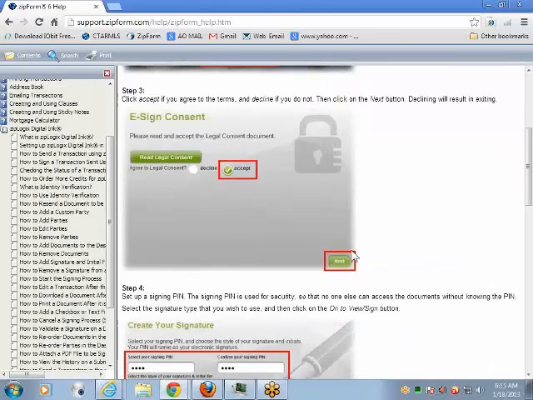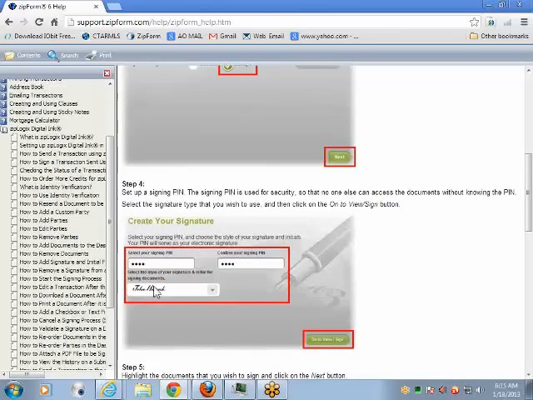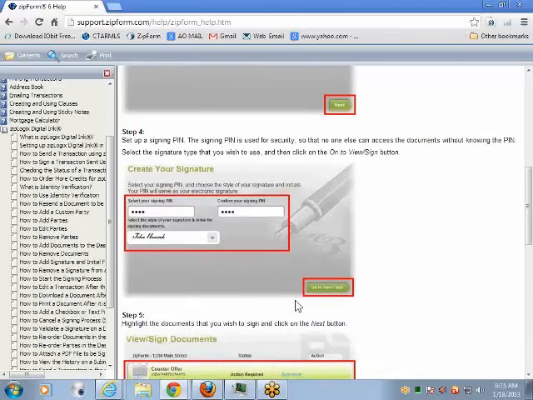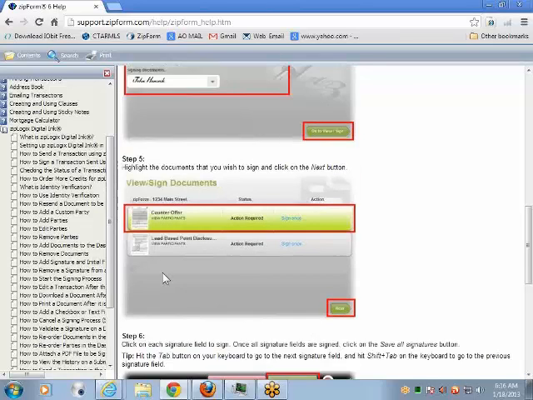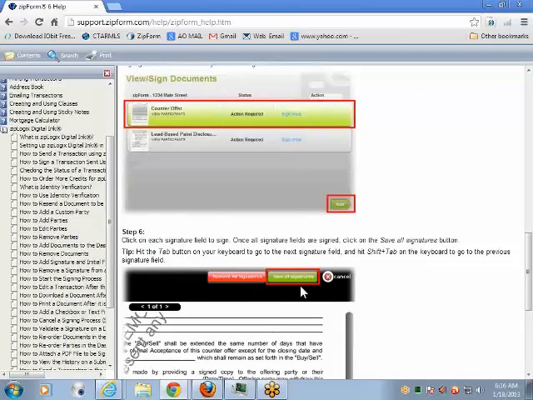When you click on accept and then click next, it brings you to the ability to create your signature, with a secure PIN number and the actual script that you wish your handwriting looked like, or maybe it does. For me, it would definitely be an improvement. Go on to view the signatures and sign. Then you would pull up the actual document by selecting it here. Then the document would come up, and you would